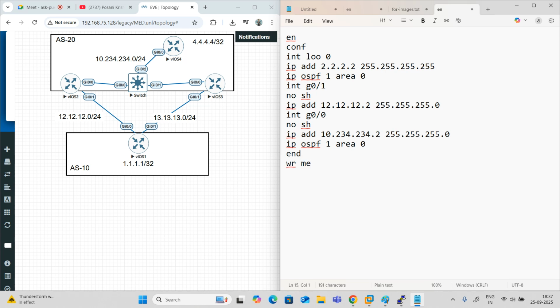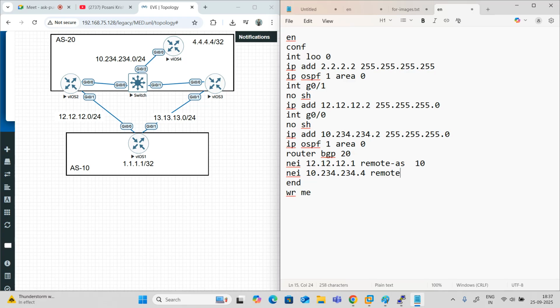So let's finish BGP also, because we are just checking the attribute. No, we know BGP very well by now. So we say router BGP 20, and I got an eBGP neighbor which is 12.12.12.1. Remote AS is 10, and I got two iBGP neighbors. Neighbor, so let me use the physical interface. 10